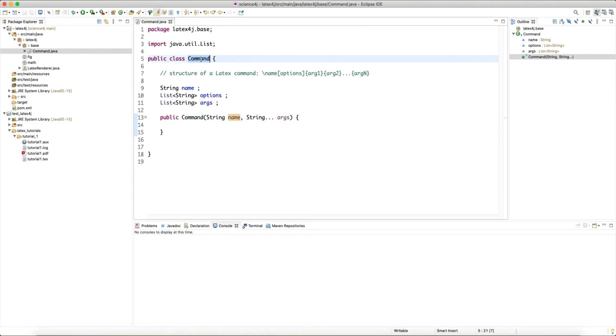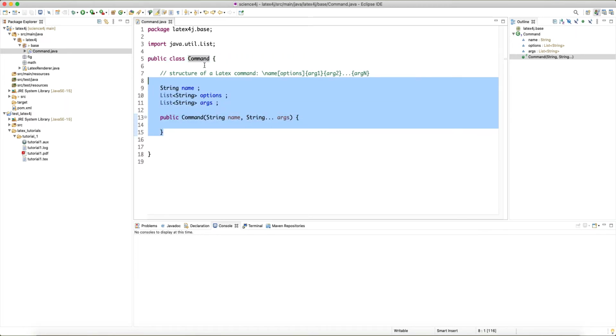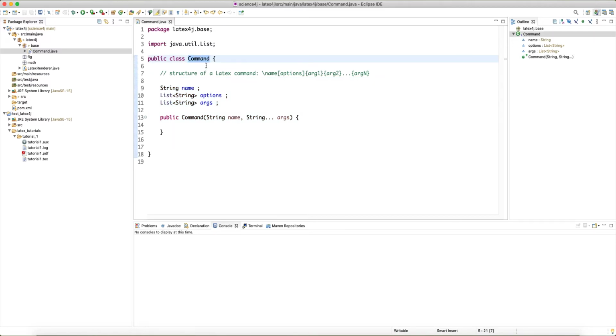We can actually make this abstract, right? But for now, let's keep it as a concrete class, because we can even turn this into an interface, but for now, let's just keep it as a concrete class. So we can manually create a command, and obviously we can inherit from this and override the name and stuff for a specific command. So this.name